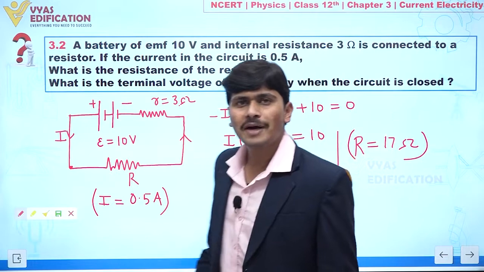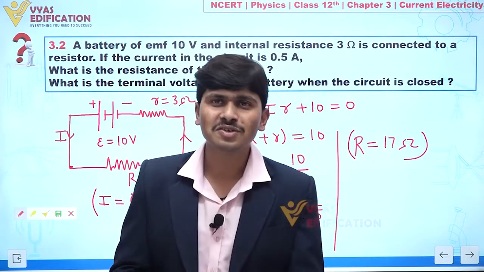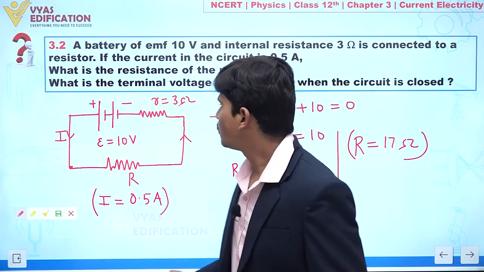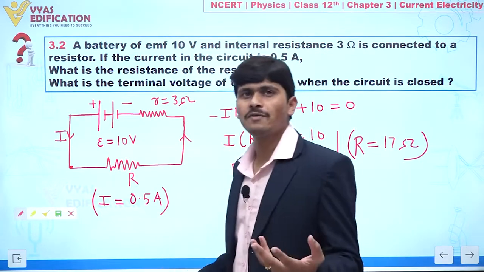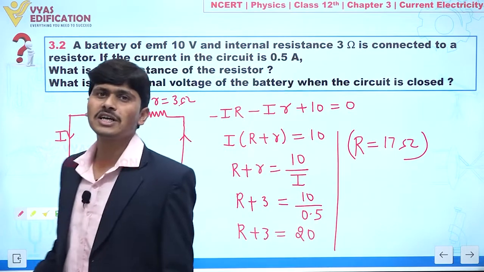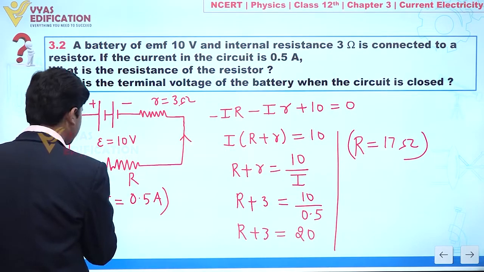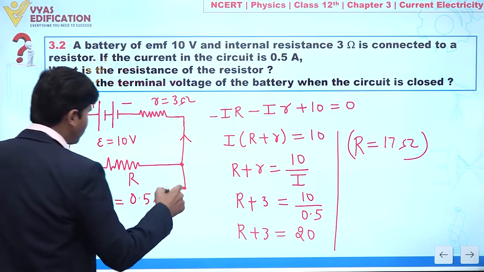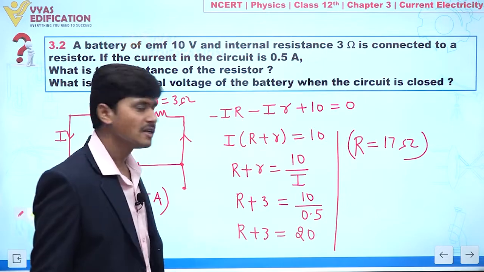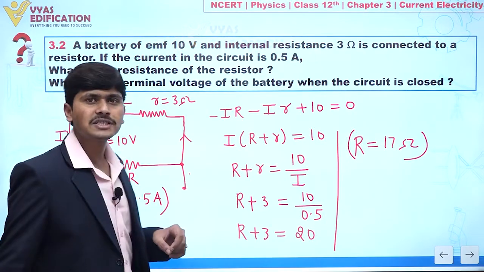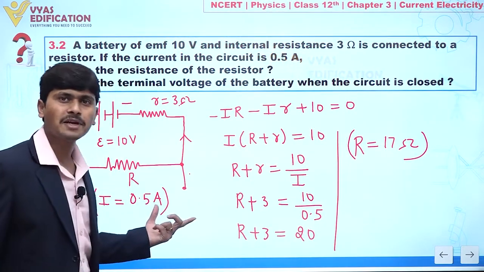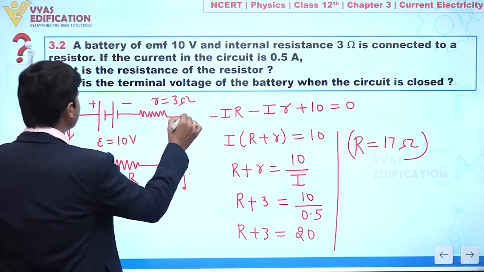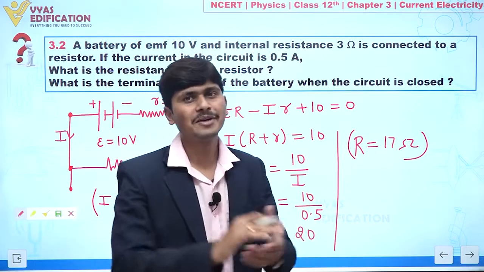Clear? So my dear student, terminal voltage comes into existence when we connect this battery in a circuit. Clear to you? So what is terminal voltage? Terminal voltage is the potential difference across this resistor. Clear? Let's suppose if I connect here a voltmeter, the potential difference between these two ends of this external resistor is the terminal voltage, or we can say the potential difference between these two ends is also terminal voltage. Clear?